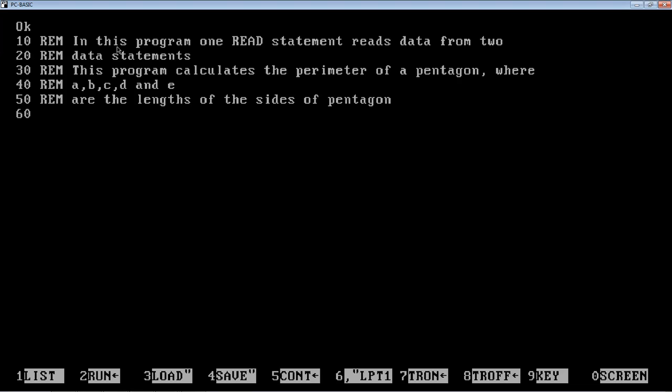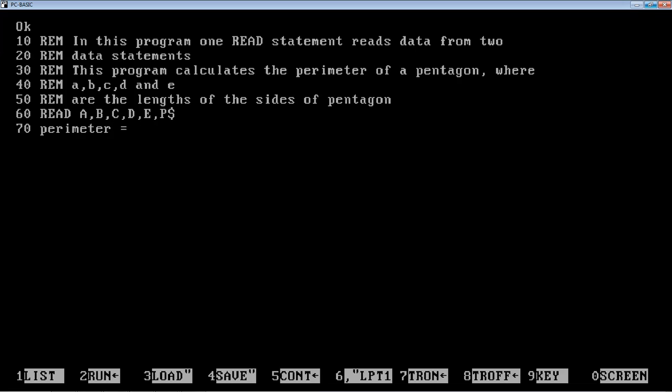And at line number 16, now the actual programming will start, and we will type the READ statement: a comma b comma c comma d comma e comma p dollar. So we have used dollar with the p variable, which is a string variable, and at line number 70 we'll type parameter